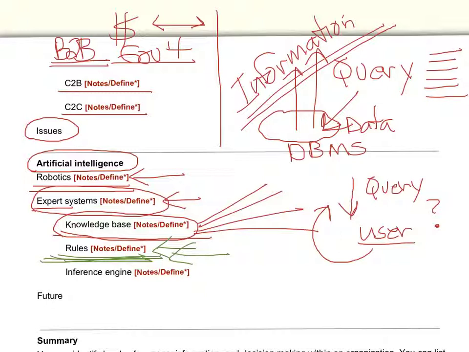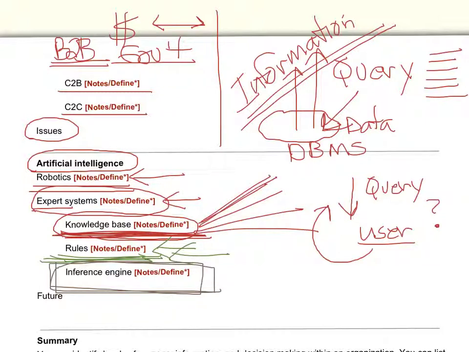What manages the whole thing is an inference engine. So as we gather knowledge bases of experts who are really good at things, we can build these knowledge bases, and then from there we can create the rules, and then we have software, an inference engine, that allows this to work. And that is just one part of artificial intelligence.